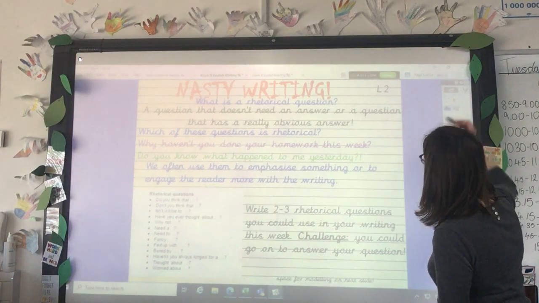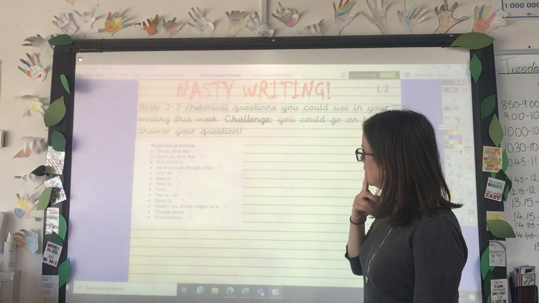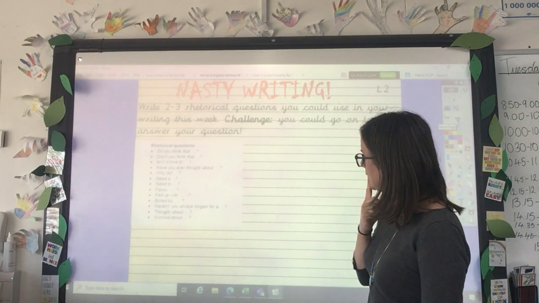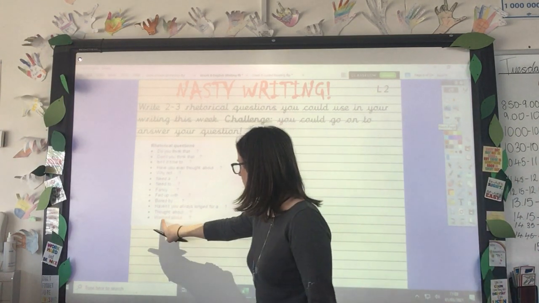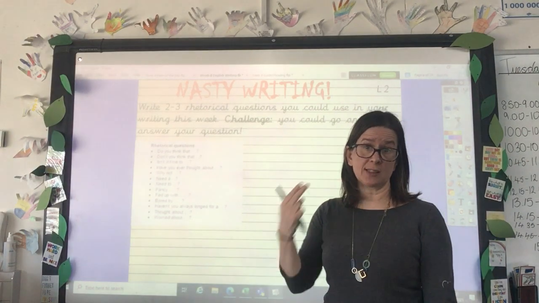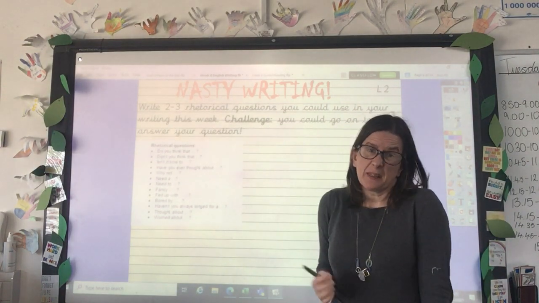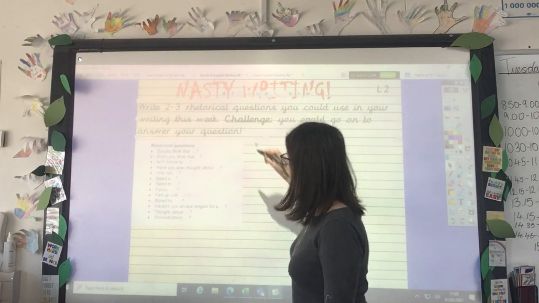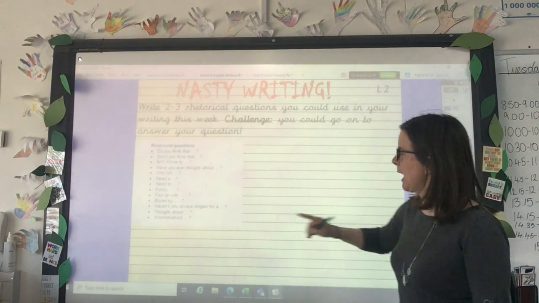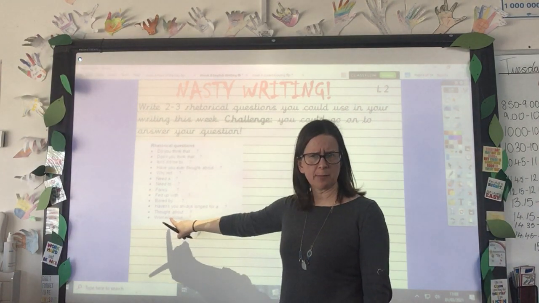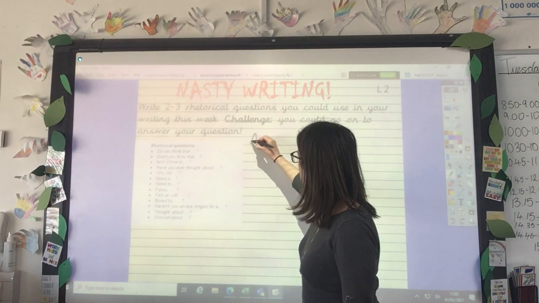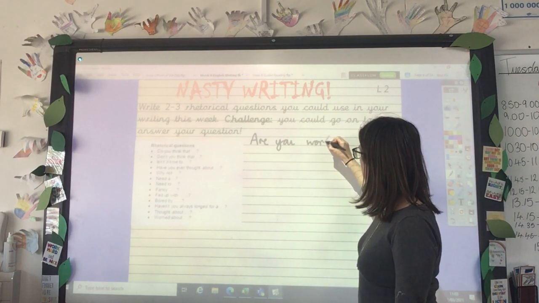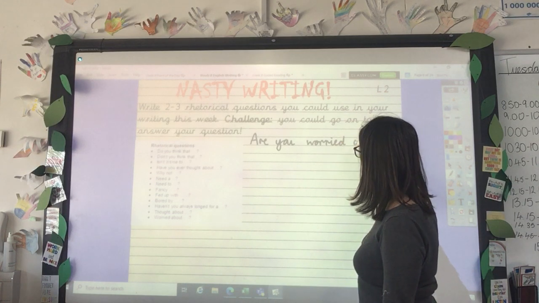So if I give you an example, shall I use one of these? I did have a little think about it beforehand, I have to confess. I think I'm going to use this one. Because a lot of children, when they're changing schools or moving up to junior school, they do get a little bit anxious about it. So I'm going to start with, I could say, are you worried about? In fact, I am. This is very informal, isn't it? I'm going to make it a bit more formal, but I'm going to start, are you worried about,